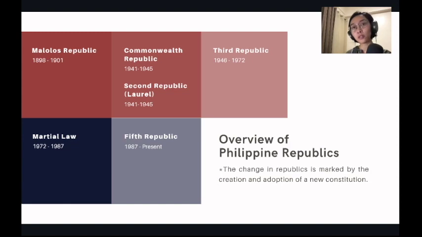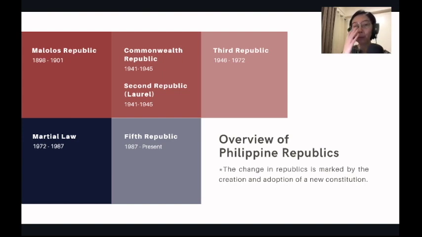Papalitan yung constitution natin through a CONCON or a Constitutional Convention in 1973. So, nag-iba yung hugis ng Philippine governance at the time. Tayo ay naging parliamentary government. Nag-iba yung relationship ng president with the military because of the declaration of martial law. At na-abrogate or, I want to say na baliwala yung ibang constitutional protections sa Bill of Rights for citizens dahil nga sa special